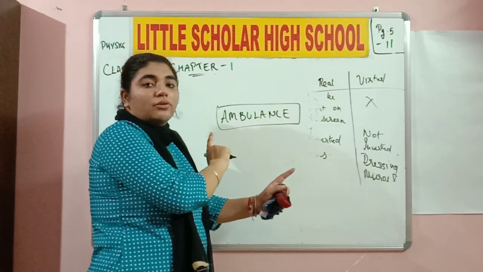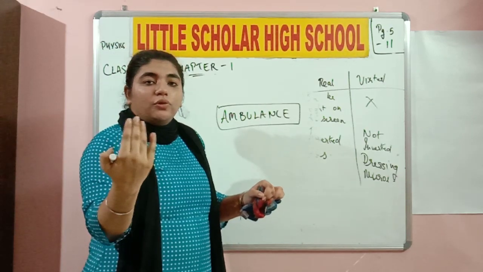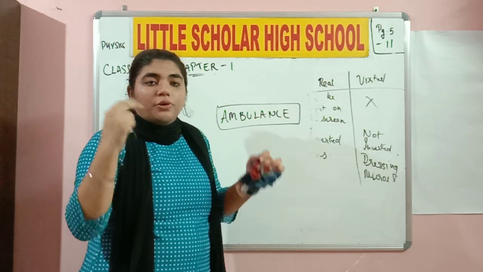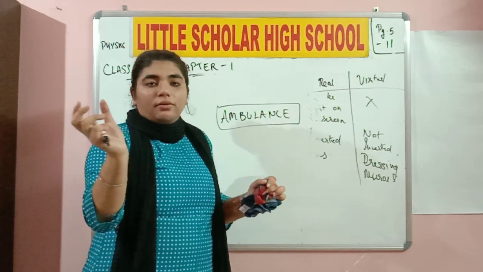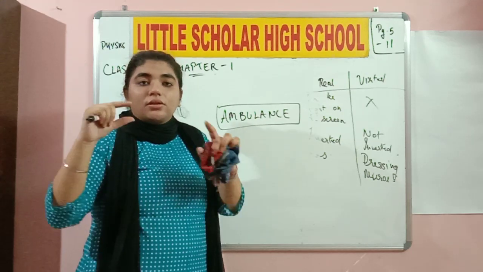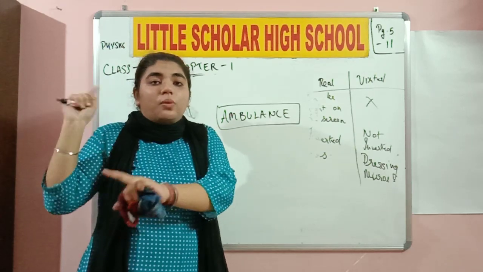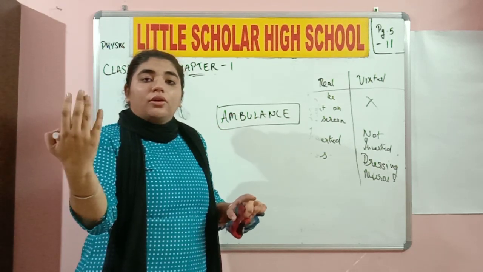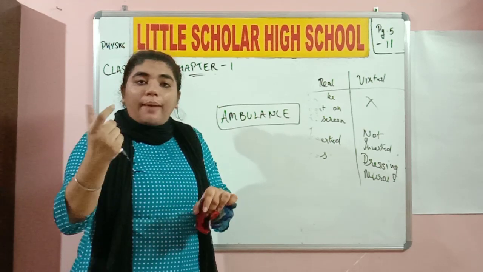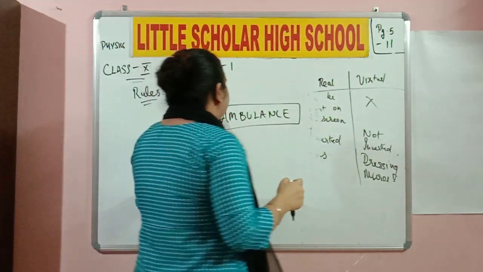Why do they write it in a laterally inverted way? This means if you are driving a bike and you have a rear view mirror and there is an ambulance coming from behind, as per the rule and as per humanity also, you need to give them way. Yes or no? But how will you know it is an ambulance? You need to read it. It is written in red bold letters, but in a laterally inverted way. Those laterally inverted letters inside the mirror are going to appear exactly correct, and you will be able to read ambulance correctly, and you will give them way. So you need to understand.